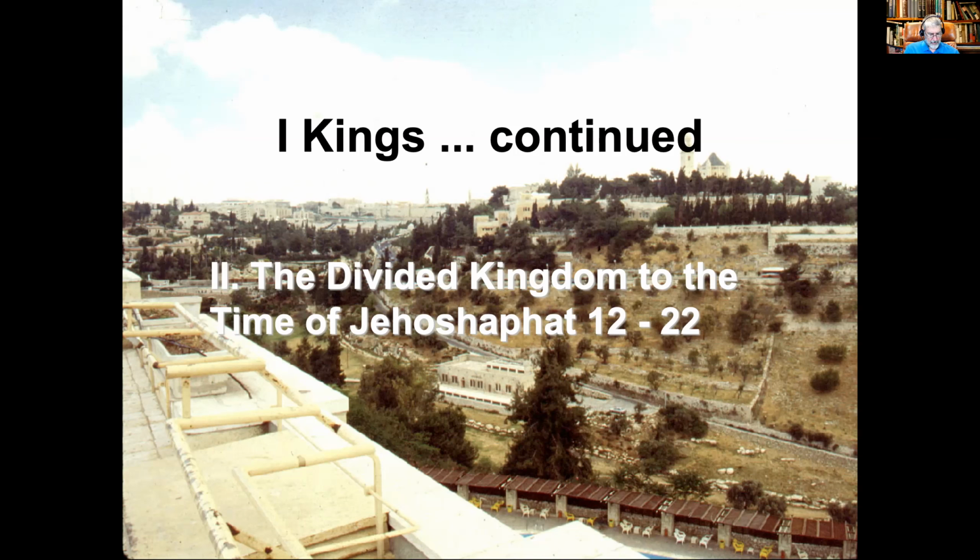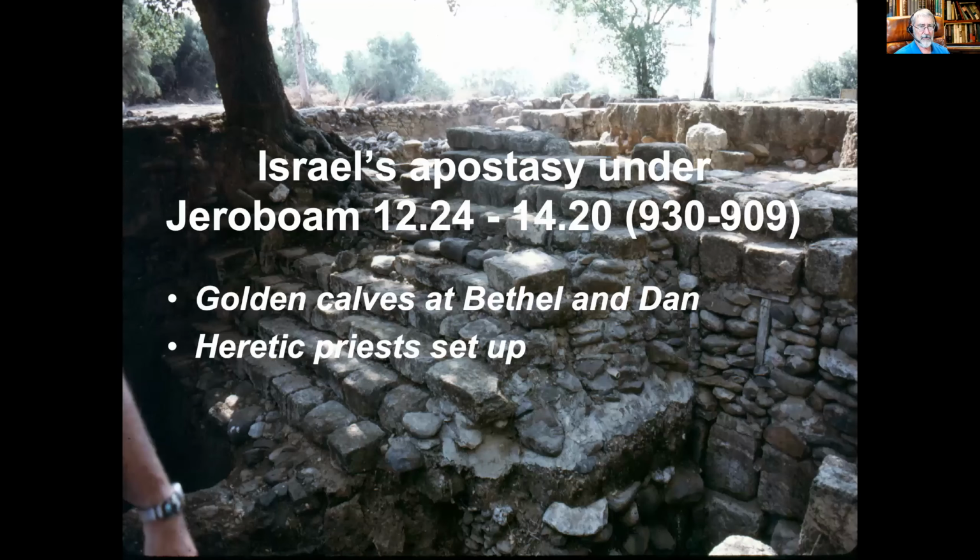The last part of chapter 12, we see a famous description here of the building of temples for golden calves. We're told that Jeroboam was told by his advisors that the people are routinely going back to Jerusalem for their worship because that's where they've gone for the last 100 years. And Jeroboam decided that that's not a good thing. We need to break that. So he said, you folks stop going to Jerusalem. I will build you temples.